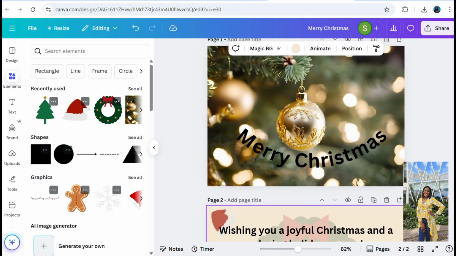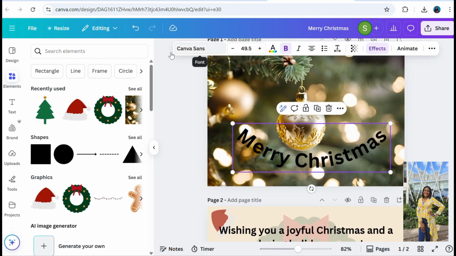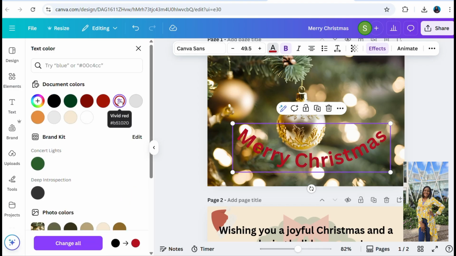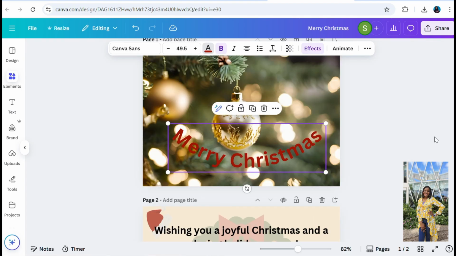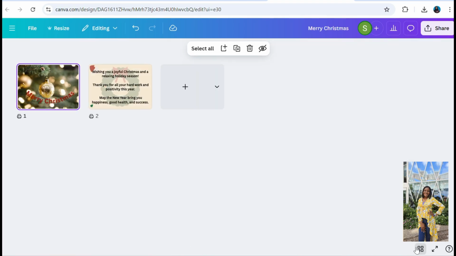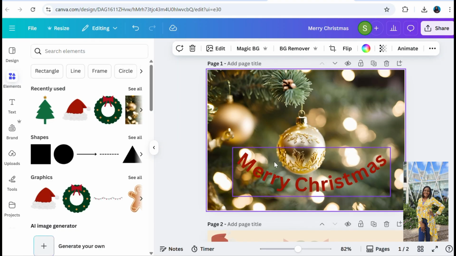So I can decide to make this red. Let's see if color red will make sense for the fonts. Wow. Yeah, I think that one blends in too much. Okay. So now let's come to this place to just view what you've done. Okay. So now that I have my card,